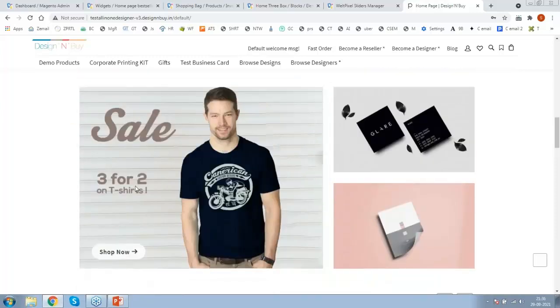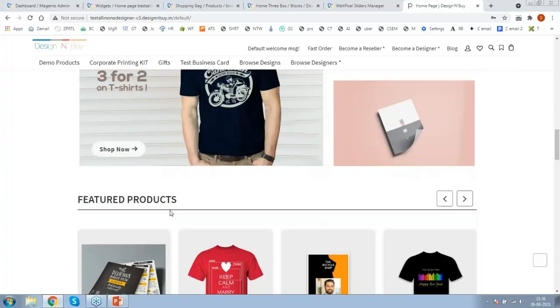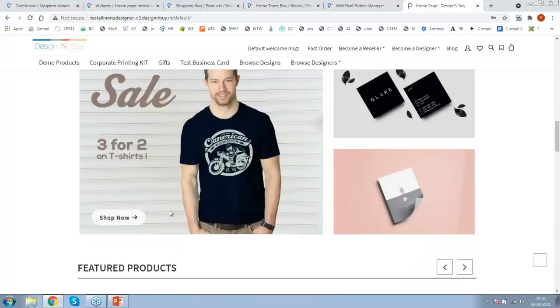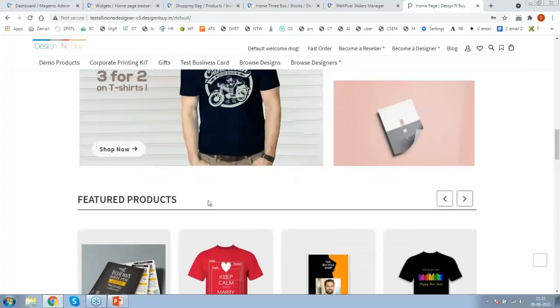Then we have this 3 images block, where these 3 images can be changed, the hyperlink can also be changed, and the button text can also be changed. So you can connect this block with a specific catalog part, and accordingly the customer can browse through the category or the products.